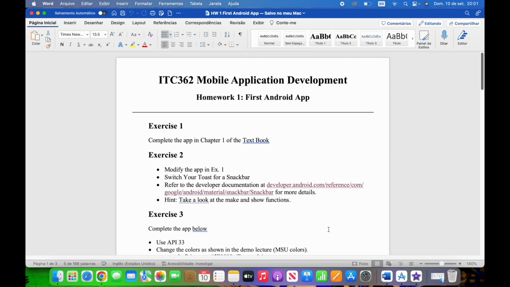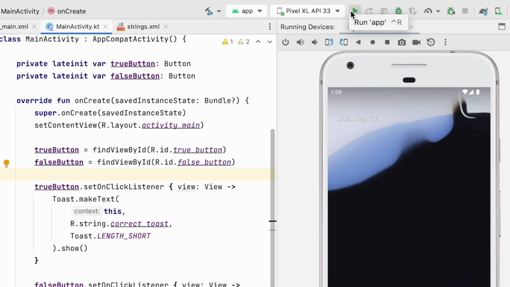Hello everyone, I'm gonna show you guys my ITC 362 homework 1. I'm gonna start with exercise 1, which requires completing the application in chapter 1 of the textbook. Because exercise 2 needs us to switch the toast for a snack bar, I recorded a quick video of me demonstrating that it actually works